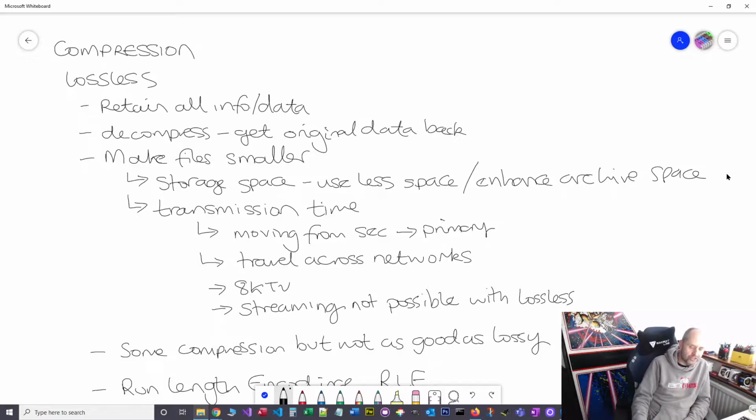So one obvious one is loading something from a secondary storage device. Okay, so we want to load a file into main memory so that we can process the data in there, or we can execute the program. So if it's compressed, then obviously it won't take as long to transfer from the storage device to main memory. It needs to be decompressed, but what you'll find,